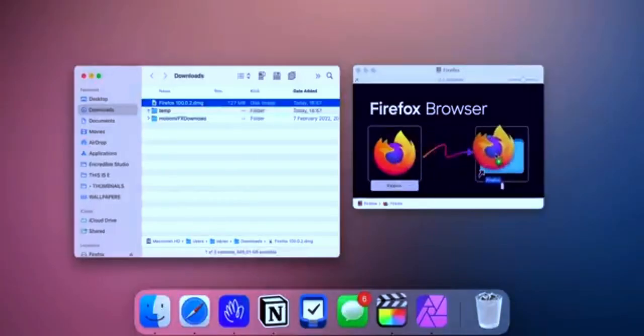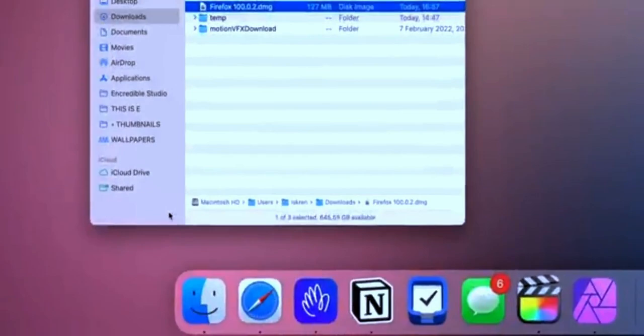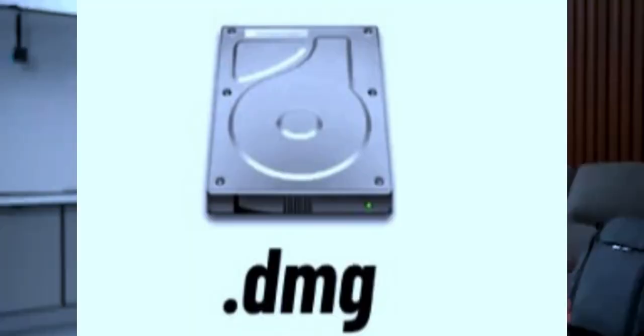Think of it as if you are moving a song from a CD to your hard drive. App developers show you this action with a little arrow and a shortcut to your Apps folder to save you time. Once the app is dragged into the Applications folder, the DMG is no longer necessary and can be ejected